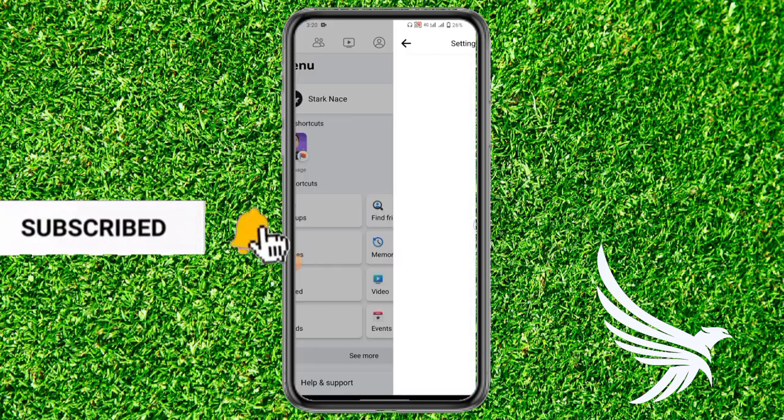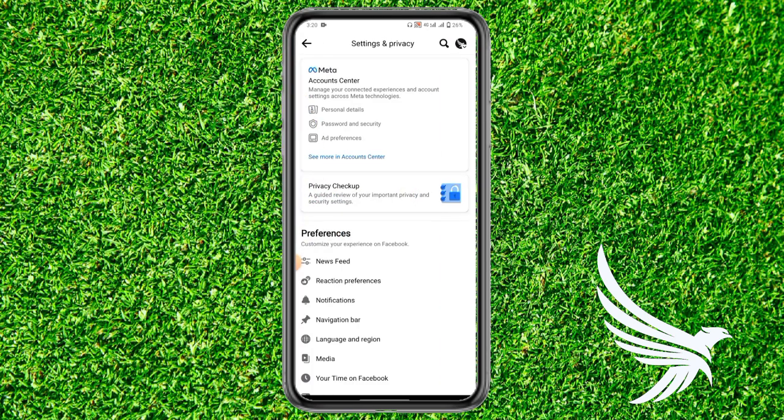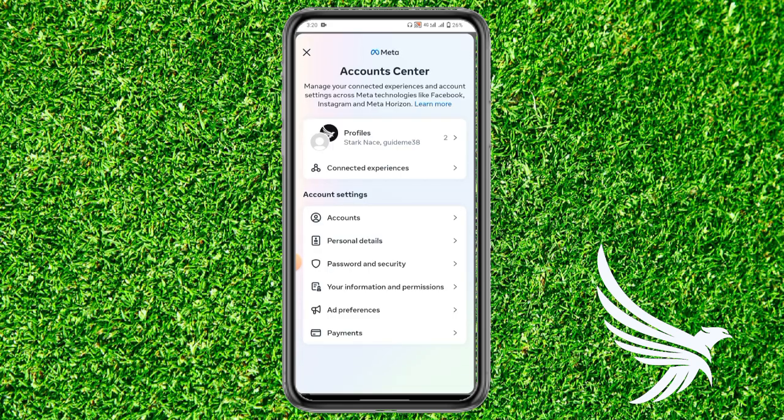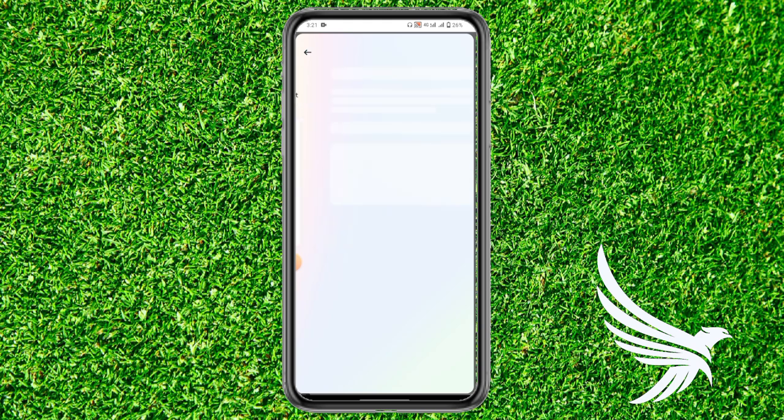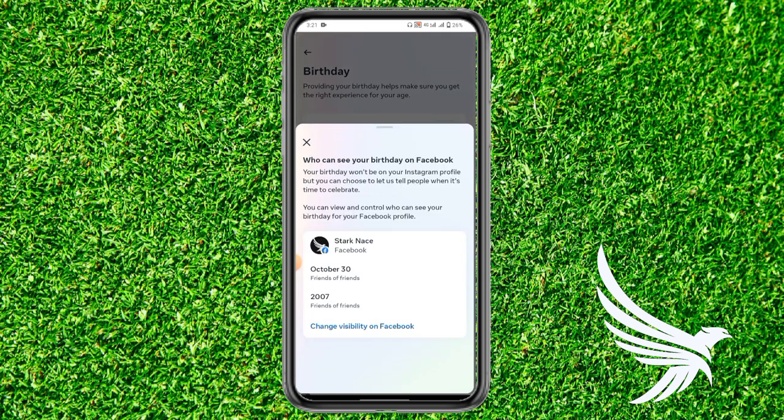this gear to open up settings and privacy. In the settings and privacy section, just click on see more in account center, and then click on personal details and go to the birthday section. After that, just click on who can see your birthday on Facebook, and then click on change visibility on Facebook,